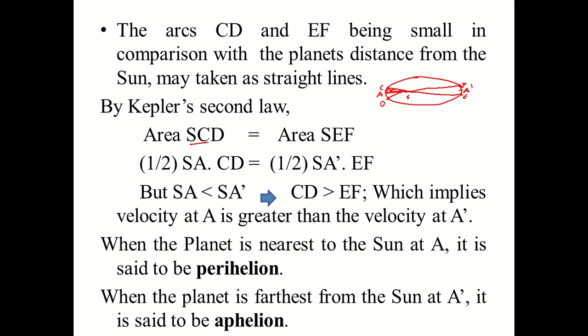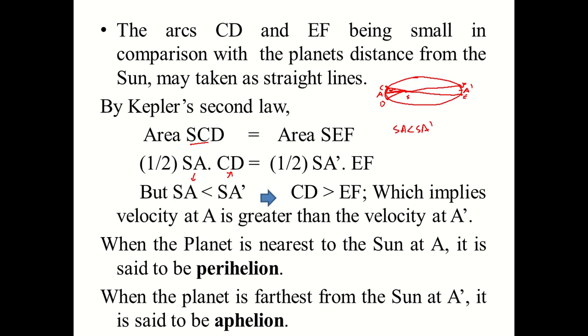Since CD and EF are considered to be straight lines, we can write the expression for the area of SCD as half into SA into CD. Similarly for SEF, the area is given by half into SA prime into EF. But we know that this distance SA is less than SA prime. Then if this is smaller, for this expression to be valid, CD should be greater, or we can say that CD is greater than EF,